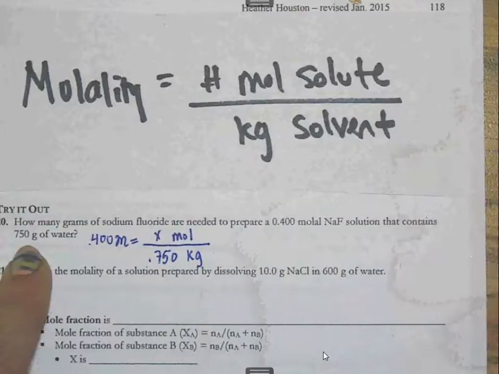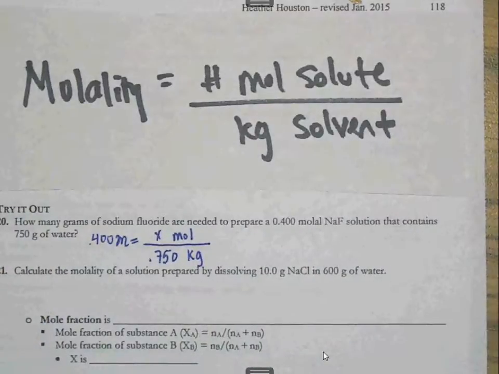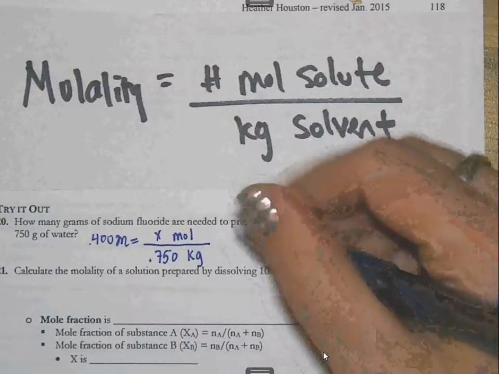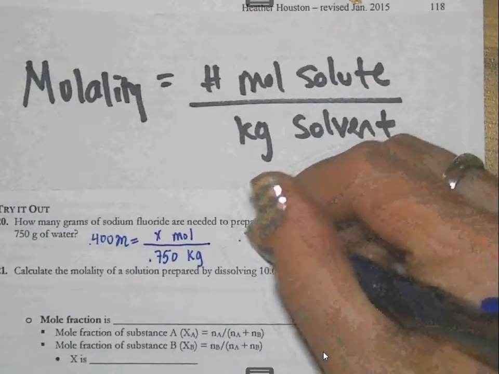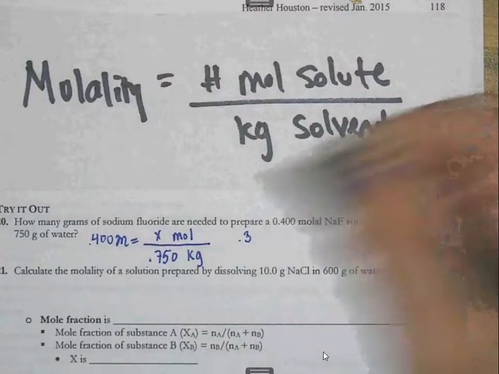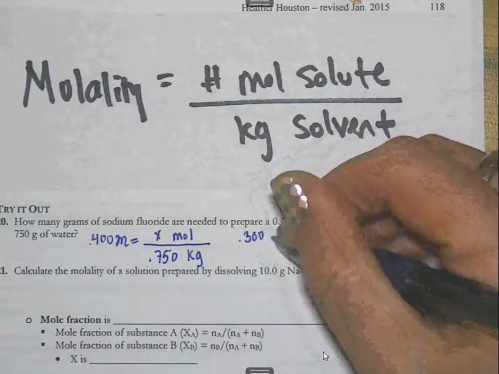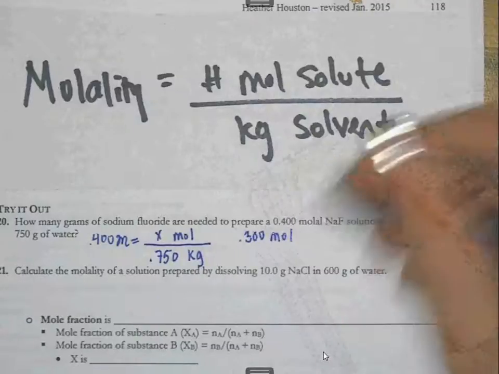So if I solve right this moment, I'm going to find the number of moles, which doesn't seem to help me much other than it gets me on my way. So 0.4 times 0.75 tells me that I'm going to have 0.300 moles of